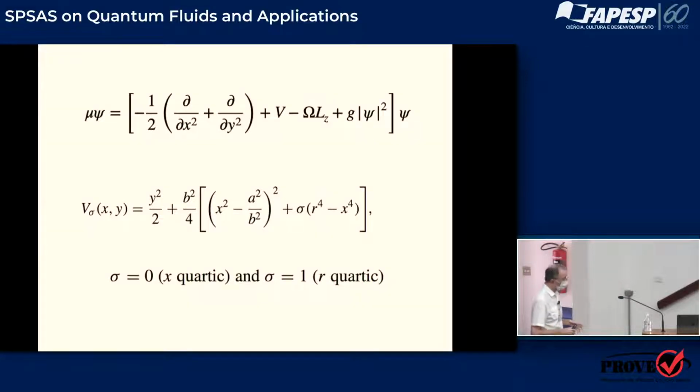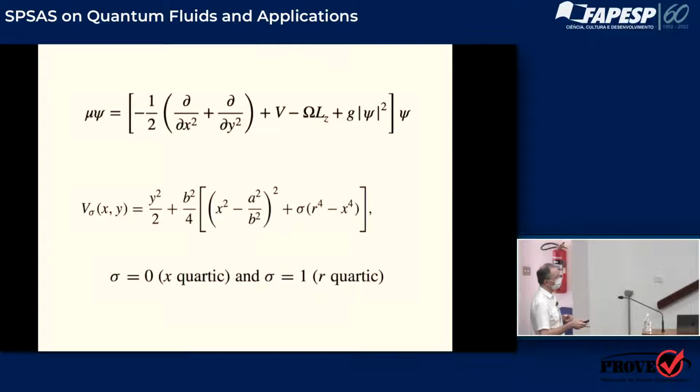find these vortices, provided you give sufficient omega to this equation. So, we consider here a potential that has quartic and quadratic terms. Here it is represented in a more involved form, but for sigma equals 0, you have x quartic